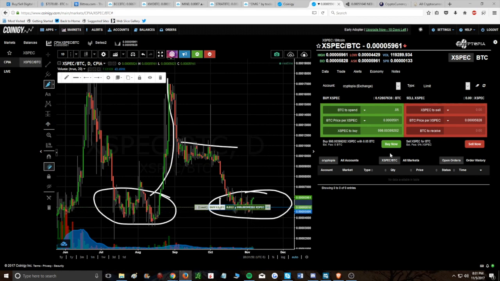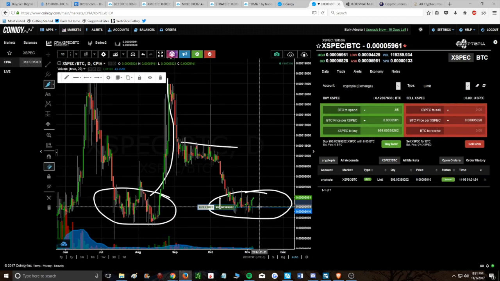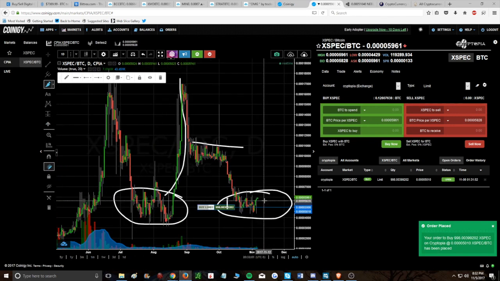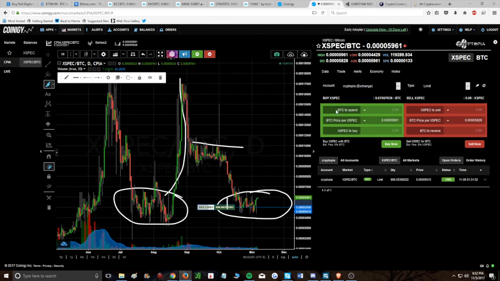I'm not too worried about it, but it might take a couple days to fill. This chart looks pretty good though, and it's easier to read on Quadriga